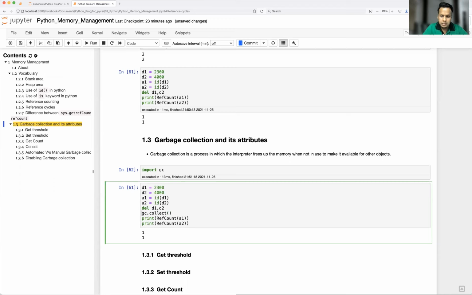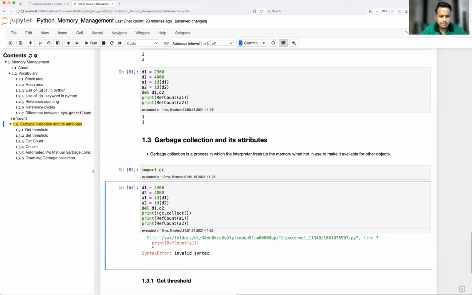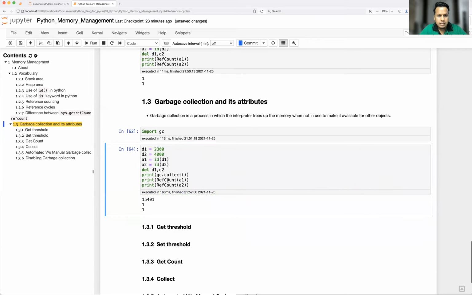So it is going to return the number of those objects. So let's print gc.collect. Okay, now you see this number, right? What exactly does it mean? It has collected and it is showing some garbage value. And after that it is showing reference count 1. But this needs to be used only where a reference cycle has been used.